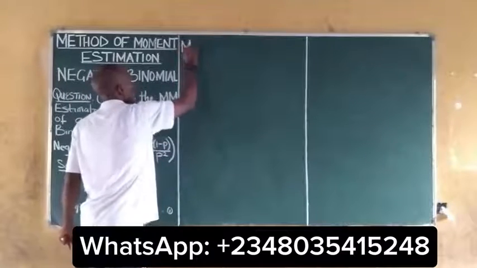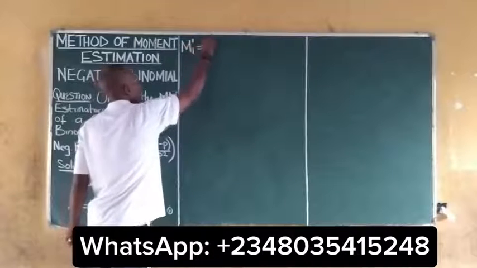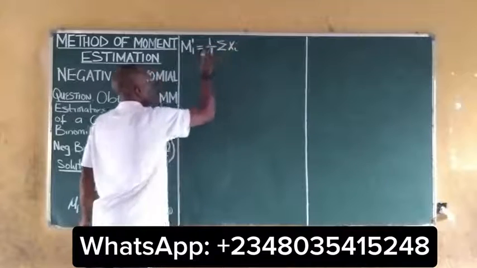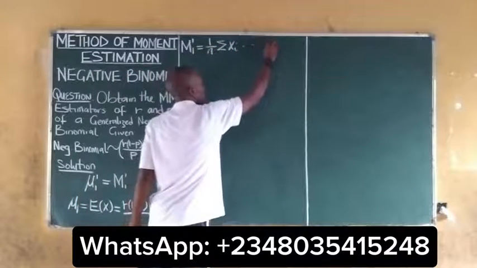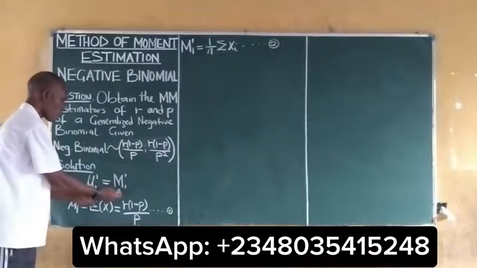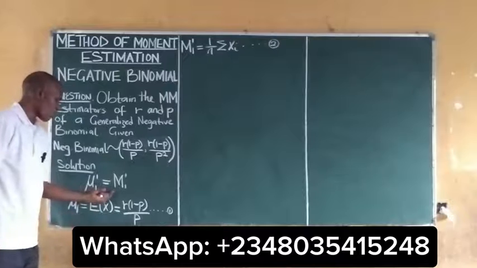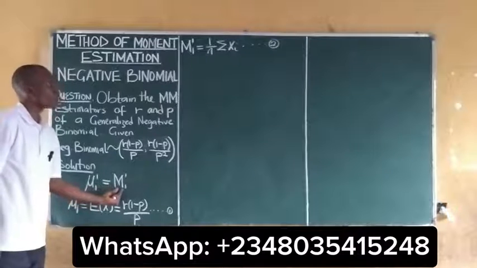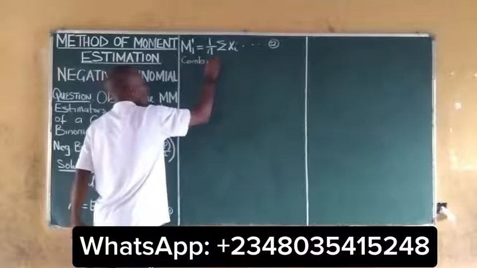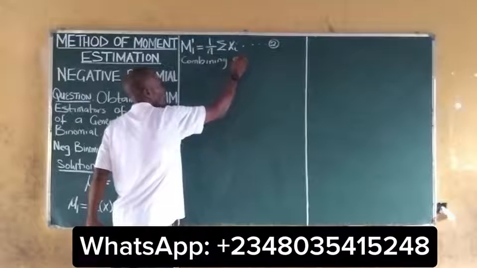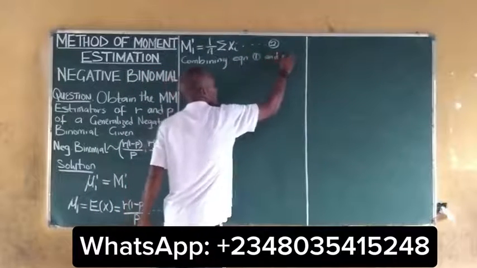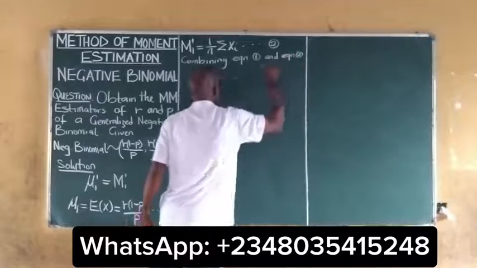Also, the sample mean is equal to 1 all over n summation of xi. This is the sample mean. We take this as our equation 2. The solution for the method of moment is when you combine these two things together. That is when you combine the population mean and the sample mean. So combining equation 1 and equation 2, we get